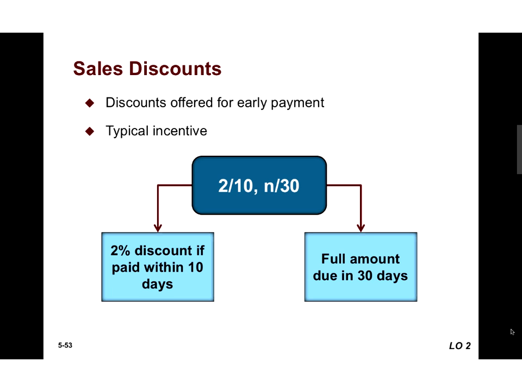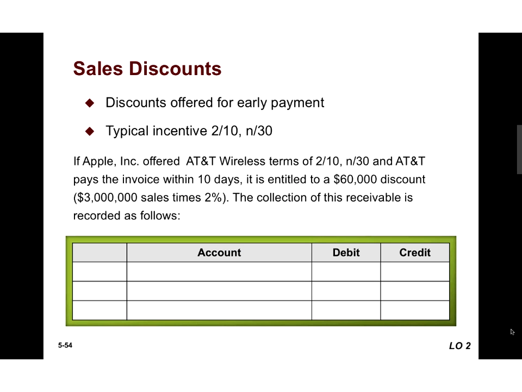So this could be 1/15, for example. 1/15 would be a 1% discount if you pay within 15 days. That N30 at the end simply says you have to pay the full invoice within 30 days. Your discount is only in the first 10 days in this case. So it could be a 3% discount if paid within 5 days, net 45 or something like that. You can have all different terms, but the first two terms are the discount and the number of days for the discount, and the back term is how many days in total you have to pay the full invoice. So let's go through a little example here.